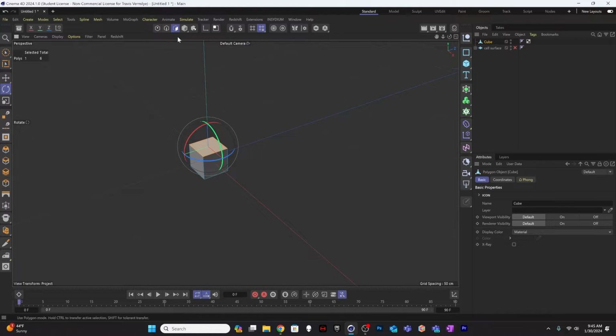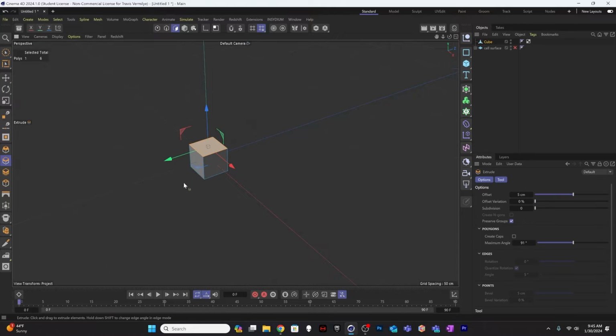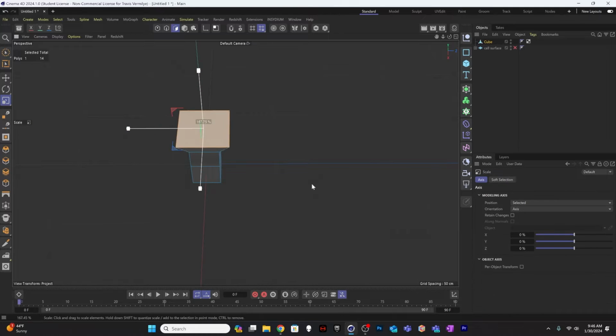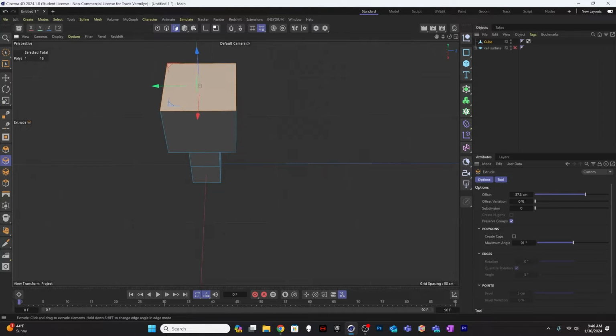and just select this polygon using polygon selection tools. I'm going to hit D on my keyboard, letter D as in dog, and click anywhere outside of my object and drag to the right. That's going to pull it up. So I'll do that a couple times. I'm just kind of going for a simple sort of cup-shaped protein surface. So I'm going to make this bigger, hit D, extrude again,